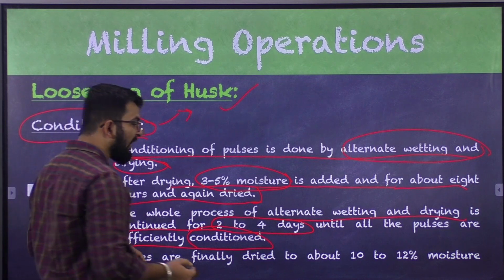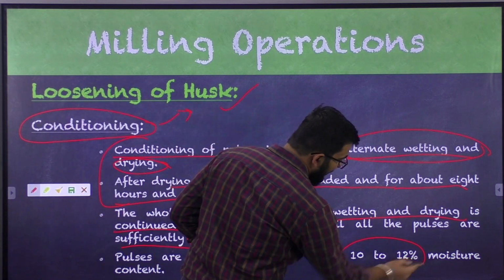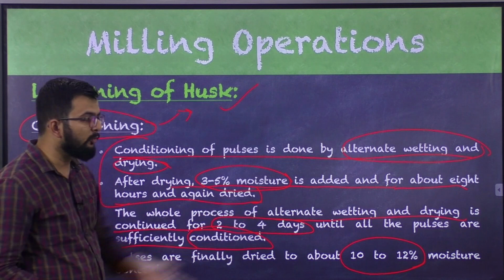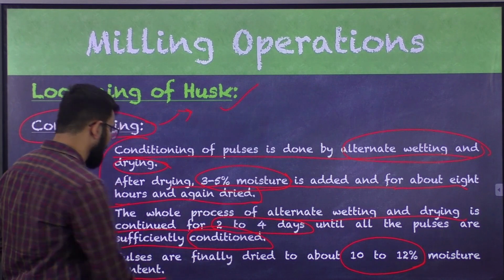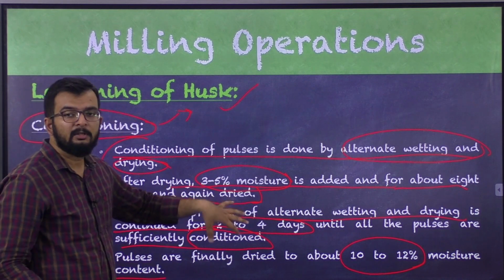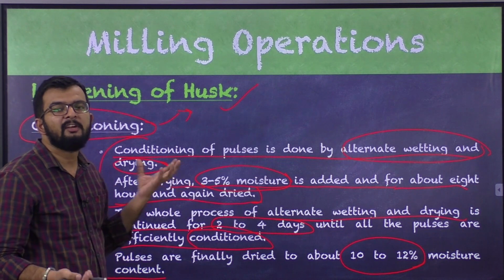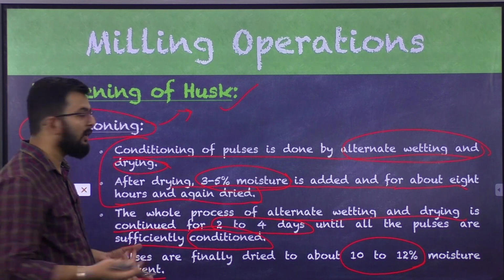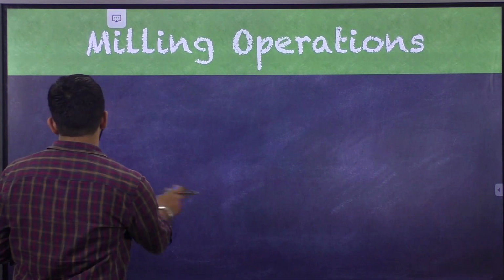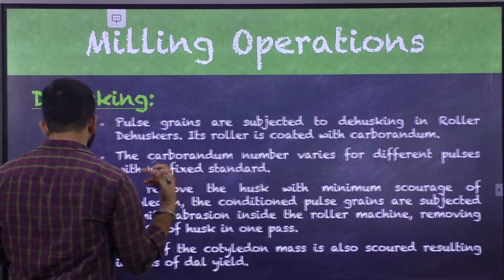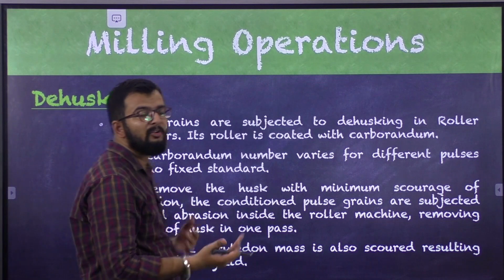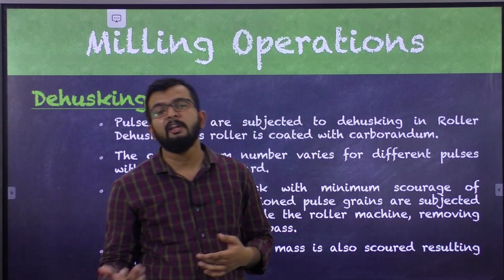Pulses are finally dried to about 10 to 12% moisture content. So after conditioning has been done, the final moisture content will be reduced to around 10 to 12%. After loosening of husk, your next step will be removal of husk, that is called